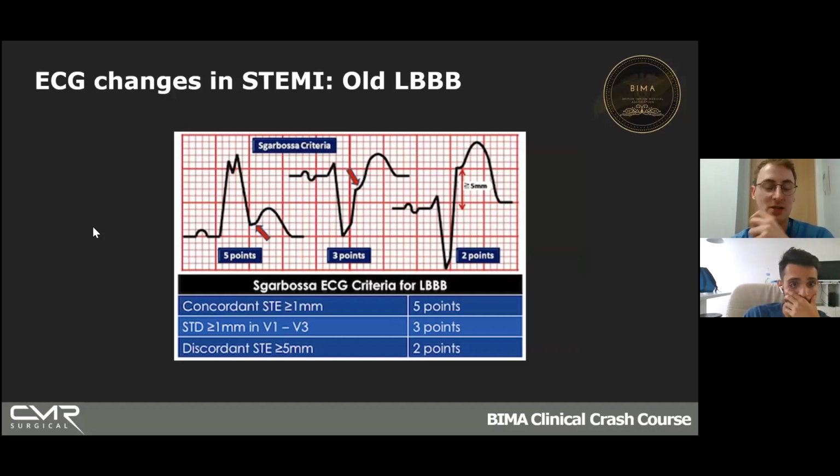Okay, so I don't think you need to learn that off by heart. It's something to probably just look up. I don't even know. I just Google it on the wall, to be honest with you. You've probably got 30 seconds in real life to Google it. But if you know about the Sgarbossa criteria, it's useful and you'll look really smart. So why not? So I think someone asked a question about left bundle versus right bundle branch block.